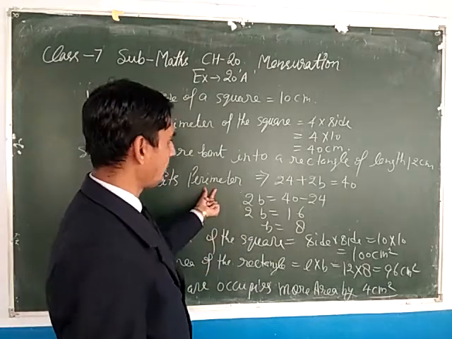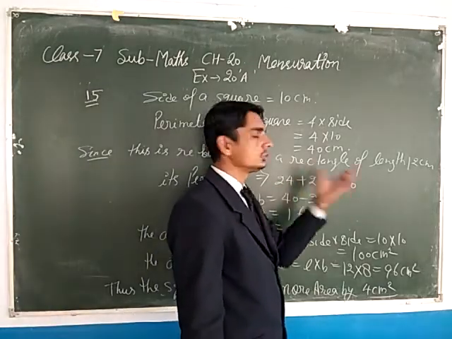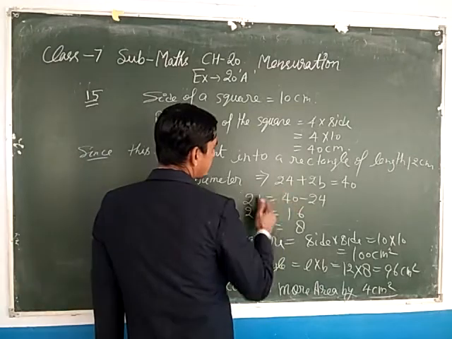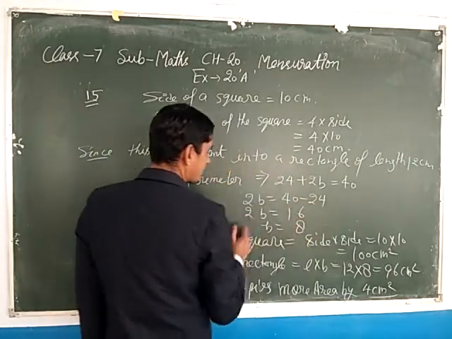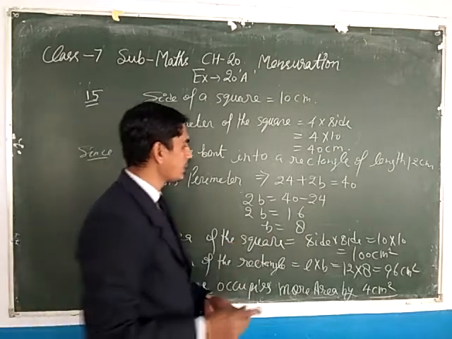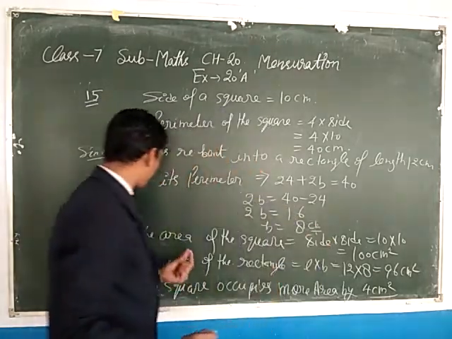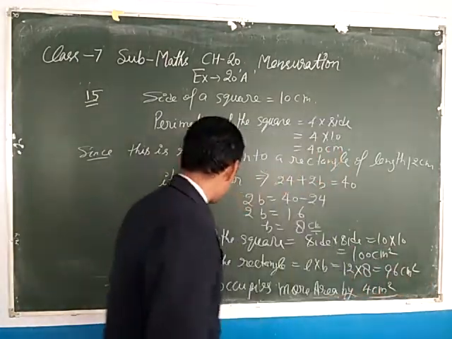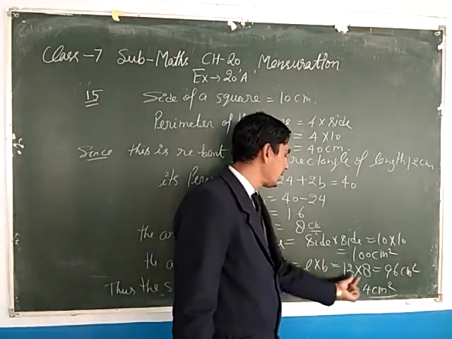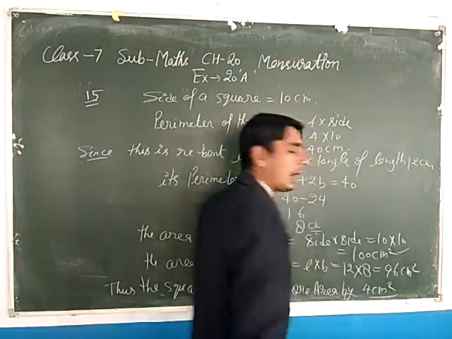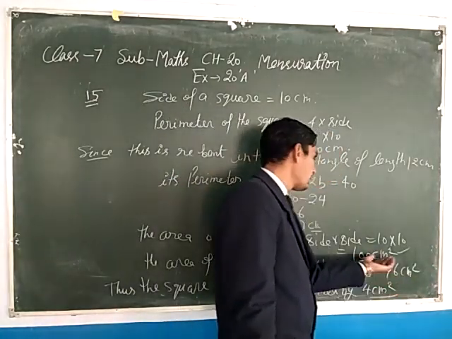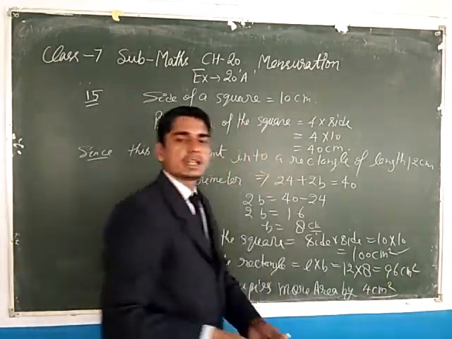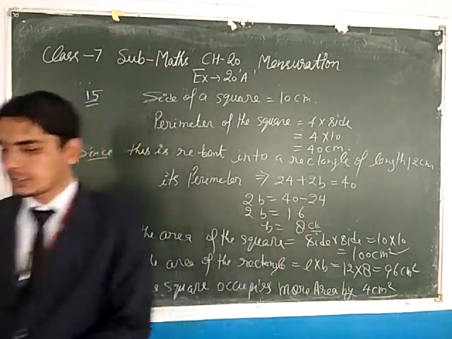The same. So its perimeter is 24 plus 2b equals to 40. From here, what do we have to find? b. So beta, 2b as it is, we will take 24 to the right side and subtract, 16. 2 eights are 16. So what is the breadth you have, beta? 8 centimeter. Clear beta? So the area of the square is side multiply side, 10 tens are 100 centimeter square. As it is, the area of the rectangle is length multiply breadth, 12 eights are 96. Beta, this 100 centimeter square is more; subtract the two and 4 will come. So you will write, the square occupies more area by 4 centimeter square. So everyone clear beta? Now after this, see the next question.